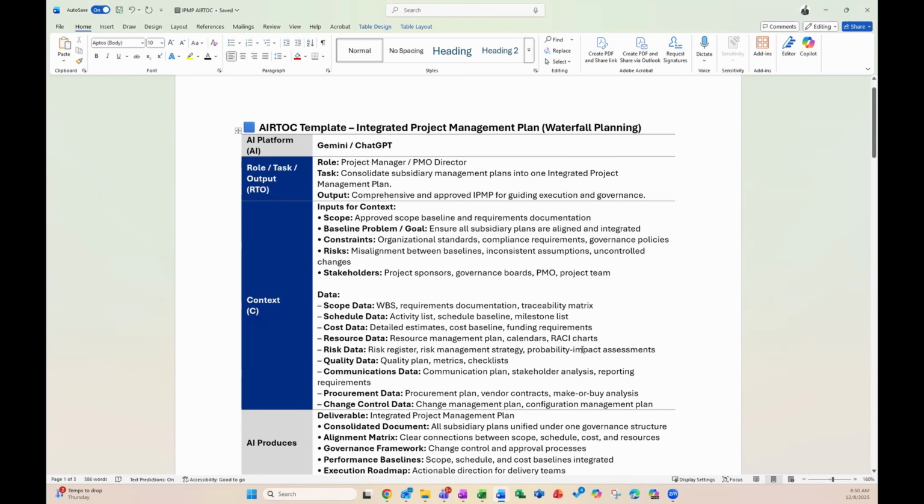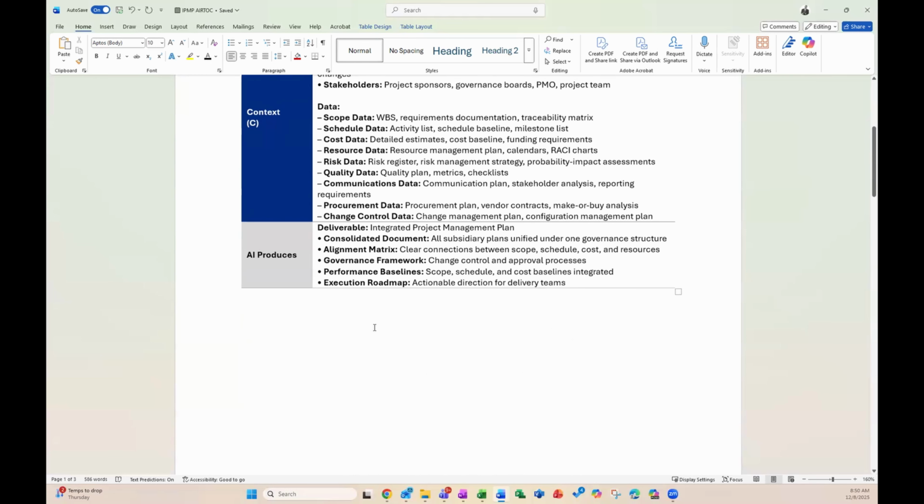And again, there's a number of different ways that you can get this data in. You can copy and paste it in. You can drag the document itself into the query. There's a lot you can do to get this data information in. And again, the more context you add, the better. So let's go ahead and go over the scenario now to make sure that we understand what we need to